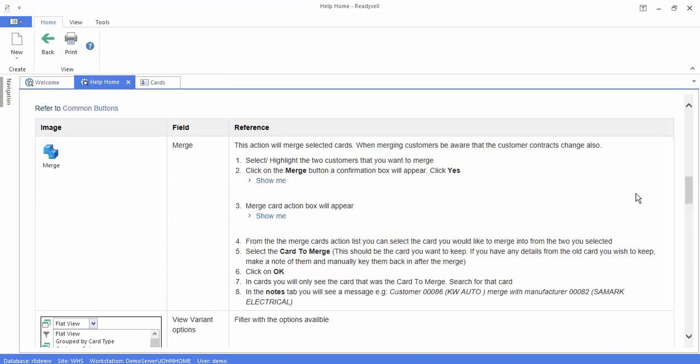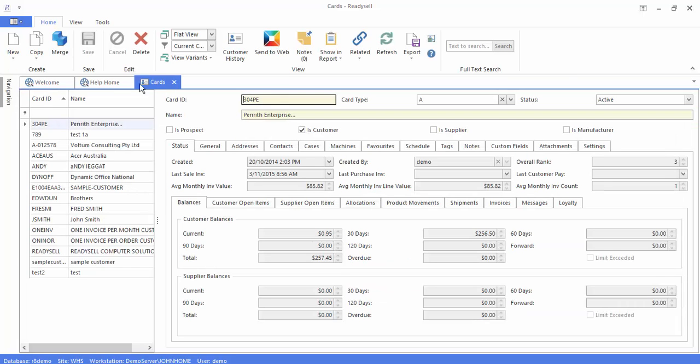There's a merge button on cards, and this allows you to merge any two cards together. When you decide to merge them, the pop-up window will ask you which cards do you want to keep. Let's look at where the merge is. Here's the merge button for cards. Highlight two cards,